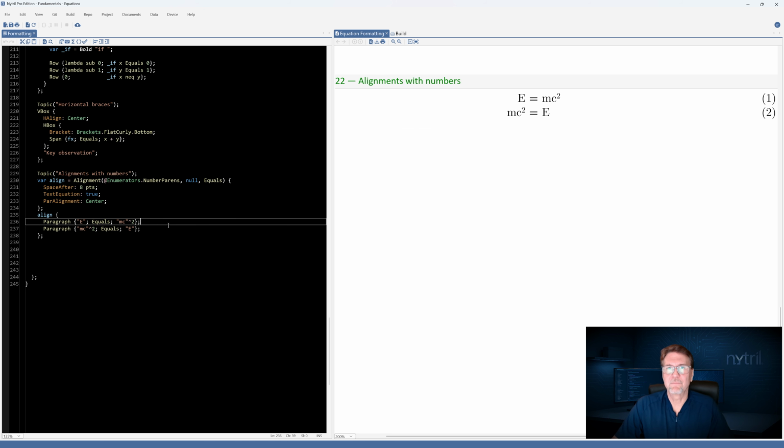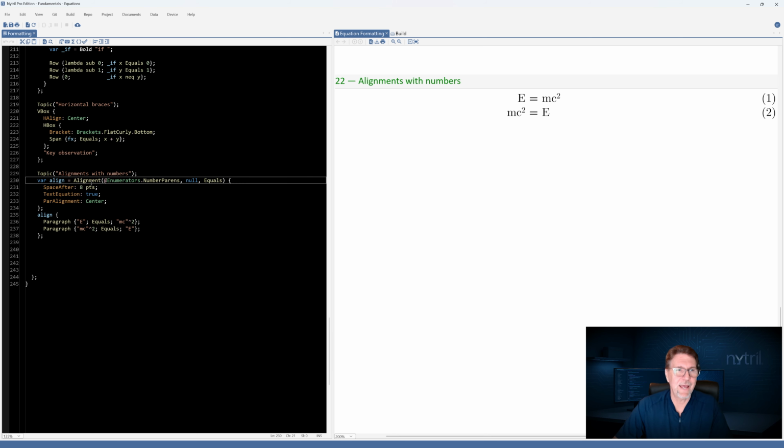So now we're going to talk alignments. Alignments essentially line up equations on a character, as shown here, the equal sign, and they number equations for us if we want them to. Some articles, such as journal articles, require that equations be numbered throughout the entire document. And that's why we set up an alignment normally by assigning it to a variable without any particular content in it yet. So here we've set an alignment class to this align variable.